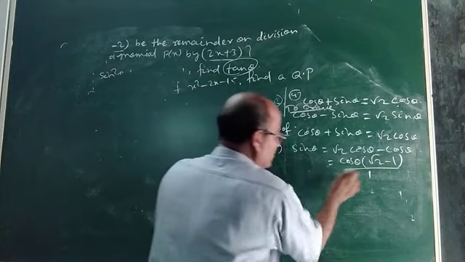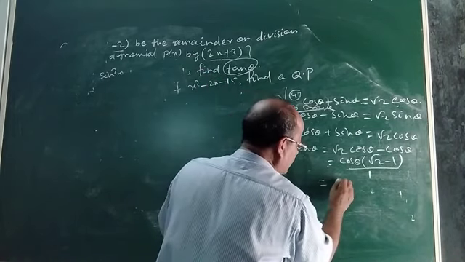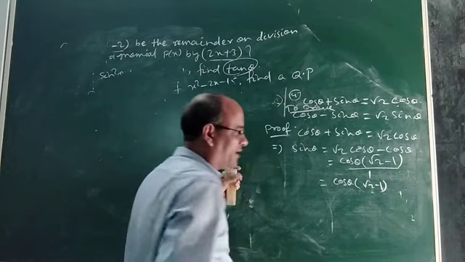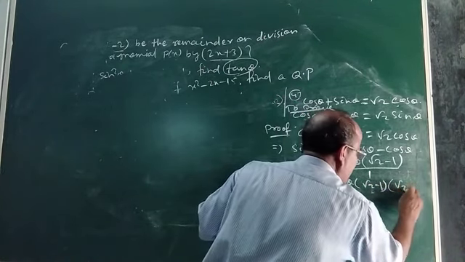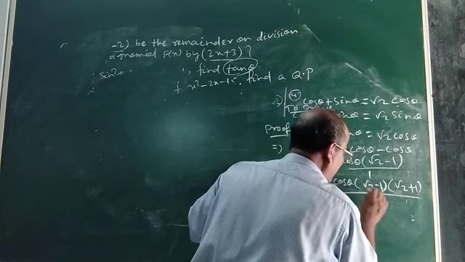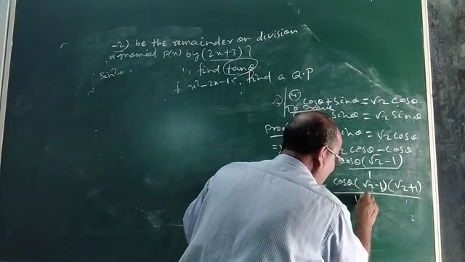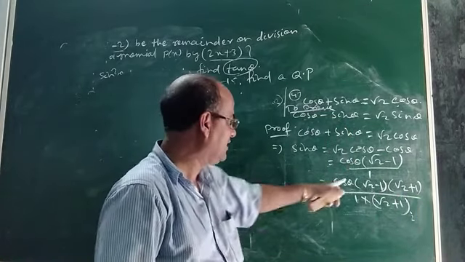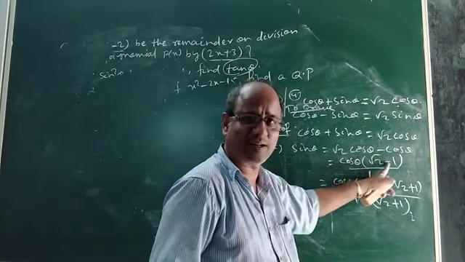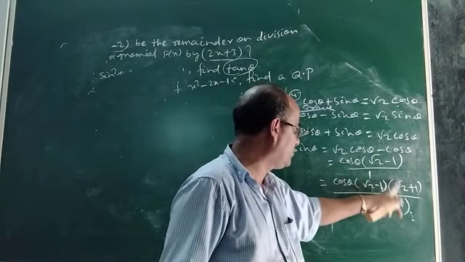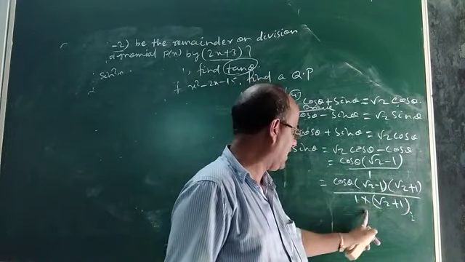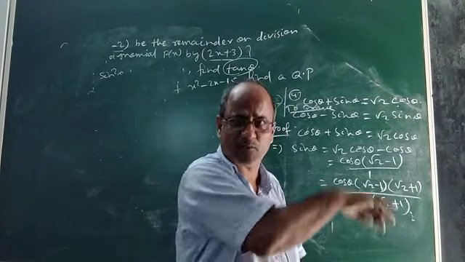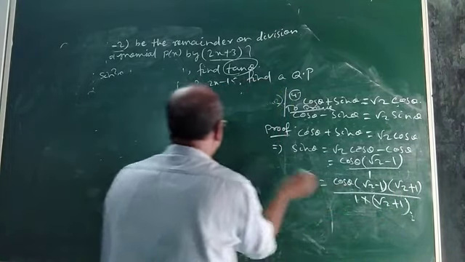Okay. So what I want to say, children, now what you do, just cos theta into root 2 minus 1, it is already there in the numerator. You multiply another one, say root 2 plus 1, and multiply 1 by root 2 plus 1. This is the numerator and the denominator is 1. Now to the numerator you multiply root 2 plus 1, and to the denominator 1 you also multiply the same number, that is root 2 plus 1. Why I am going to tell you just now. See, on multiplying what we will get,